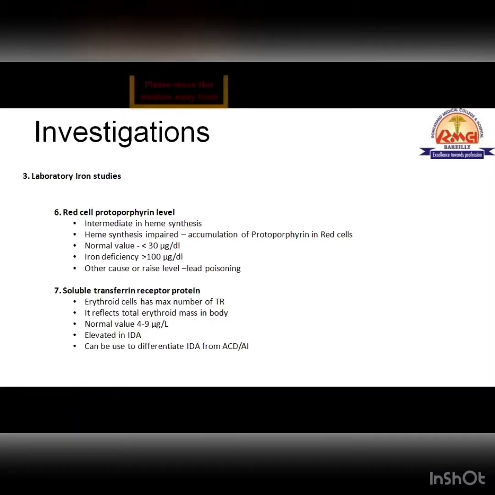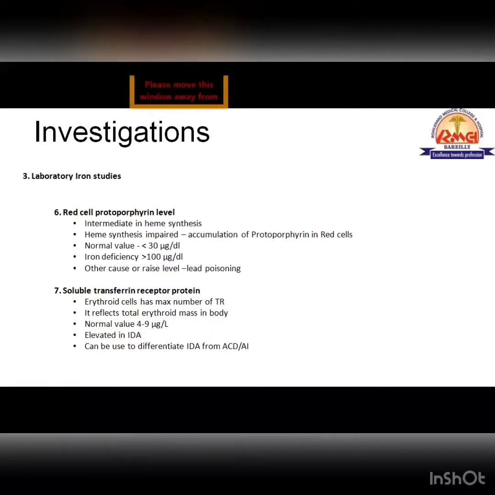Say if 1% is finally converting to the final product, if the body increases normally 100, then 1 unit will form. If the body increases to 300, at least 3 units will be formed. Meaning the percentage will be the same, the value will go up. So the protoporphyrin level will grow if there is a problem with heme synthesis. And iron is an integral part of heme. If iron is deficient, heme synthesis will be hampered and the protoporphyrin level will go up.